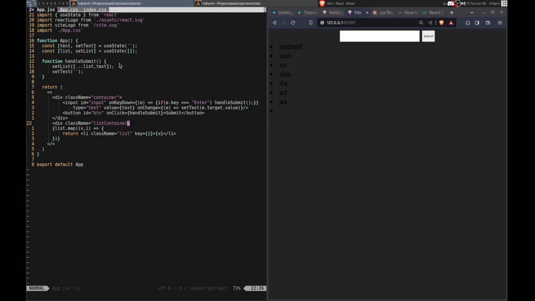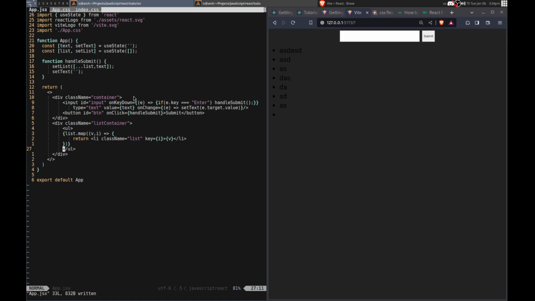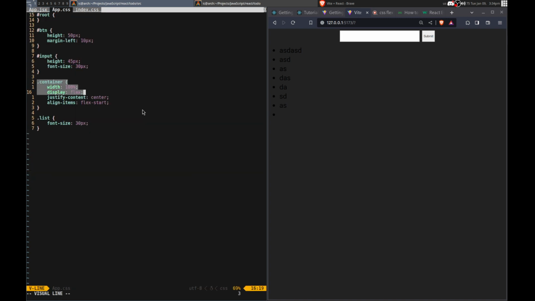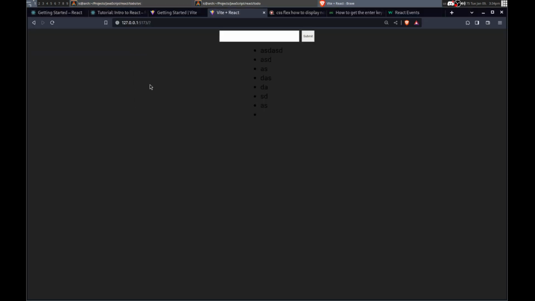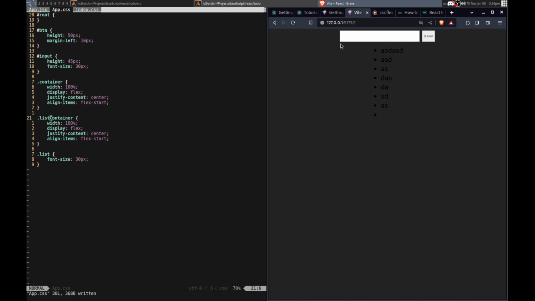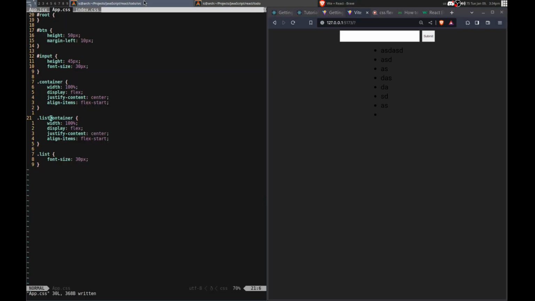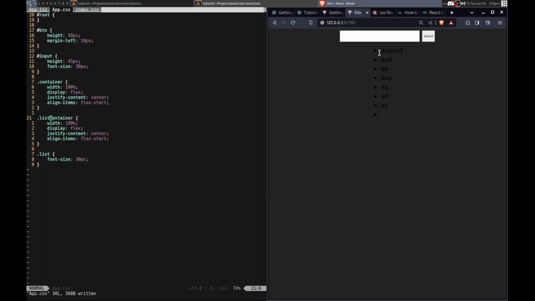List container. I need one of these two. Okay, and then I need something for the list container. It'll be similar. Container. Okay, there we go. I don't exactly want it like that though. I want the width. I want it to be to the left, like that. I don't know how to do that.